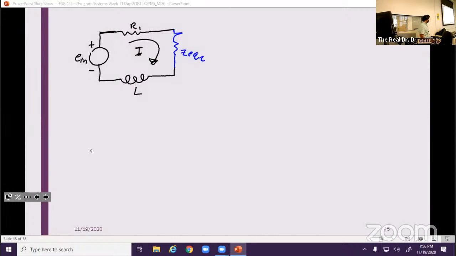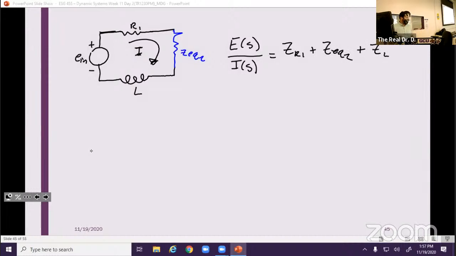This is a single branch circuit, right? I've gotten rid of all of those. Now everything has the same current, which is much nicer, right? So I can actually add all of these together, right? Because I can get E of S over I of S is equal to ZR1 plus ZEQ2 plus Z sub L,